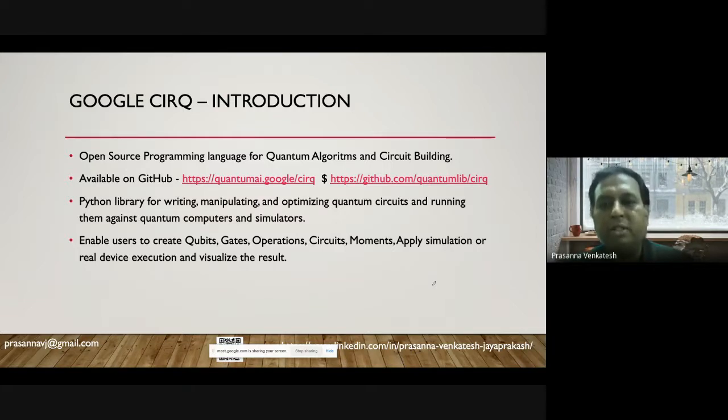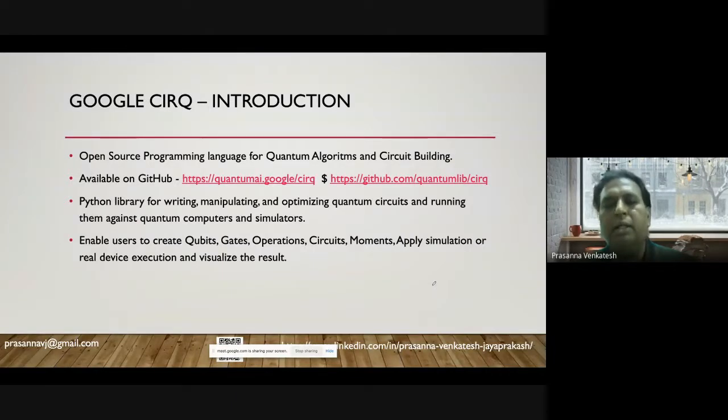You can refer to this GitHub link, and you can even contribute to Cirq development. The interesting part is that it's all developed using Python for you to write, manipulate, and optimize your quantum circuits, and run them against quantum computers or a simulator.